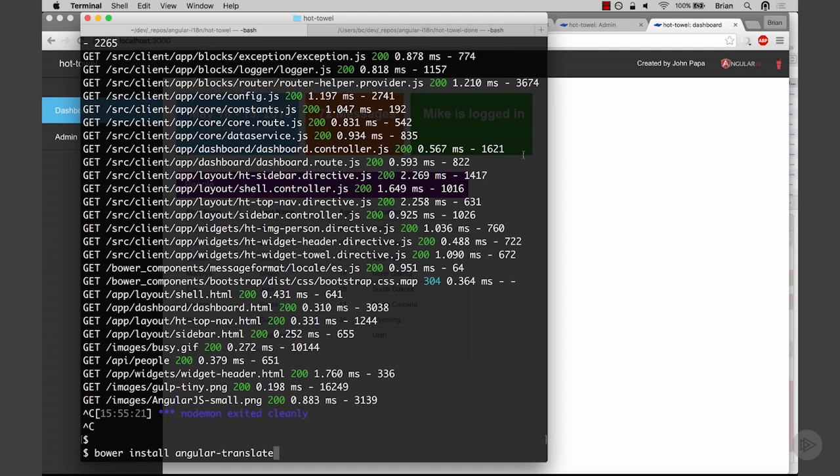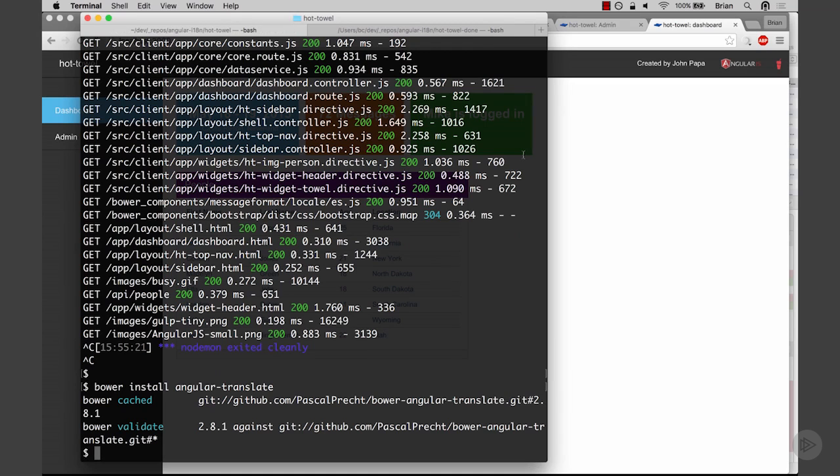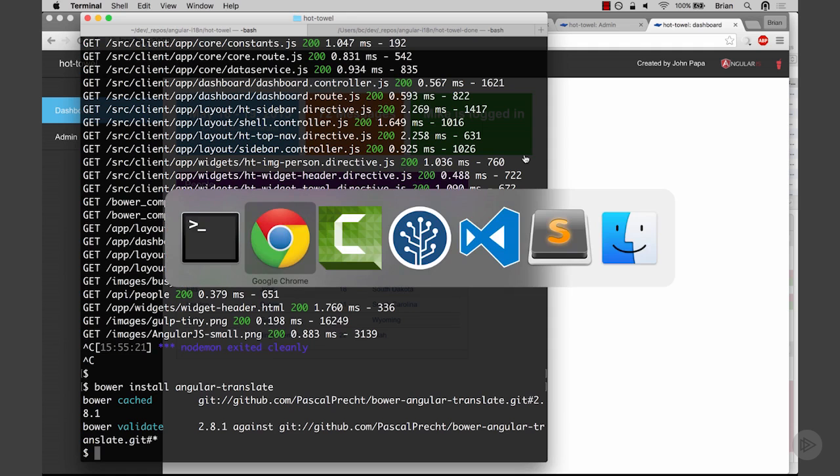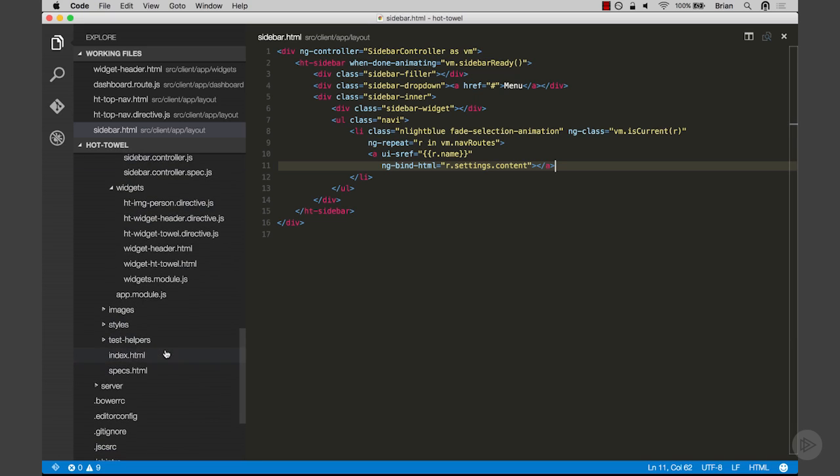I want to internationalize this and get set up. So the first thing is to install Angular Translate. I've done that already, and it sees it's in cache, already has it, so it's good to go. And then thankfully, due to the built-in gulp tasks, it'll inject the script, because the next step